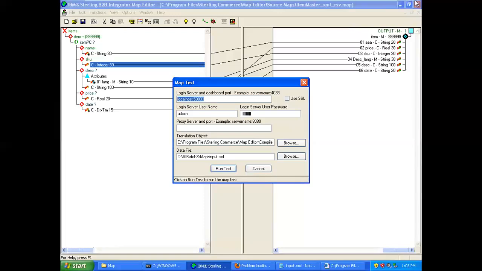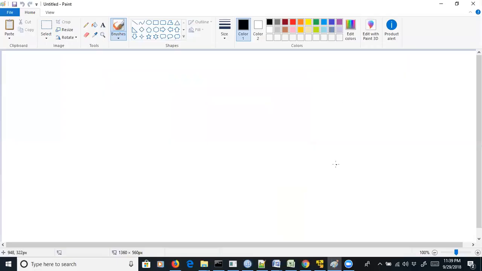The point I'm trying to make here is, suppose you are running a map in SI. You will always be running your map in your business process. So it's something like,